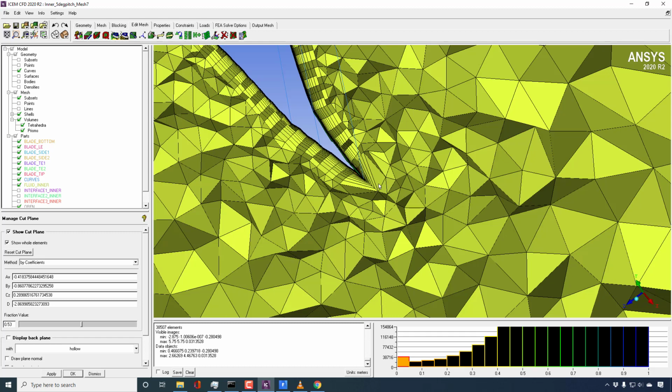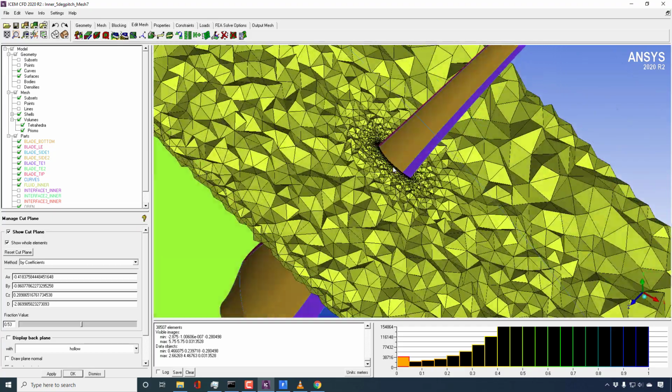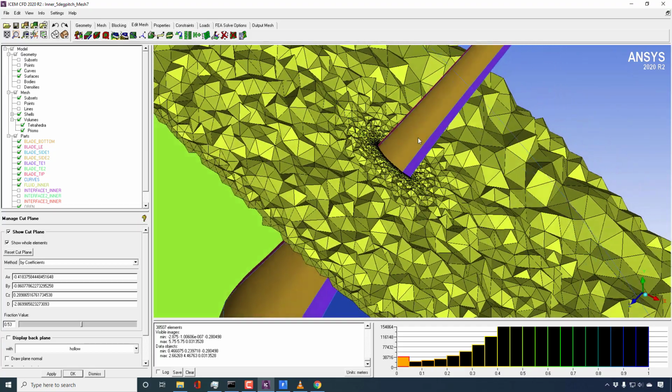If there's some problem, you can go to that element from this quality graph, and then at the location of that element you can make your own plane. You can go there and see why this is happening. At the same time you can also display the geometry of the wind turbine, or any geometry for that matter, and so you can get the idea of where this plane is located.